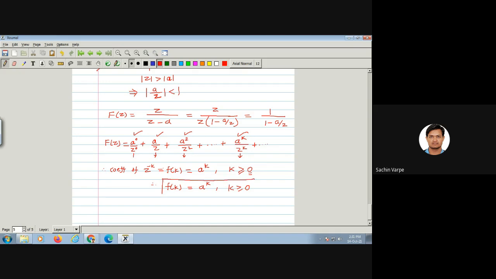Do I need to replace k by minus k here? No, because the powers of z are already negative here. Can you see the powers of z are negative? Because most of you might be thinking that the powers of z are positive here, but remember z is there in the denominator. If I take it to the numerator, the power becomes negative. I hope the point is clear, in both the cases also. You can ask your doubts if any. And this is all about the first method, the power series method.